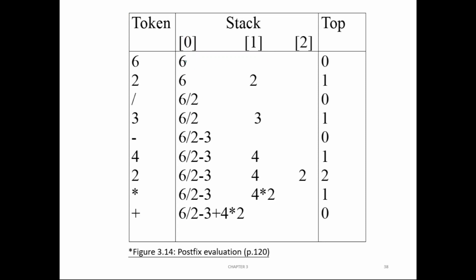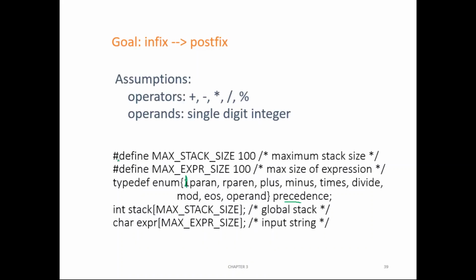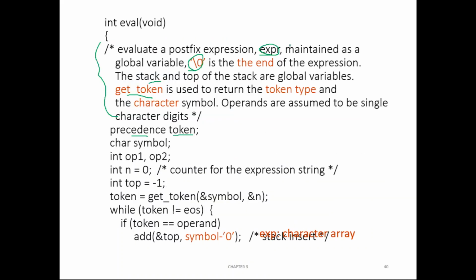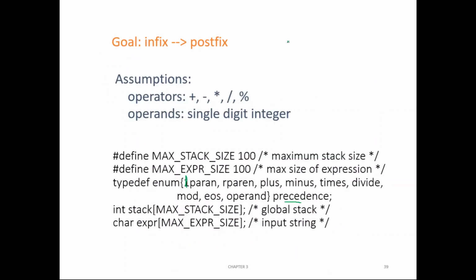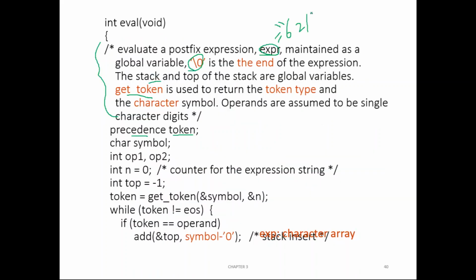So let us assume this is the string we want to evaluate: 62/3 minus 42 star plus. Let us assume that string is available in this variable expression. Whatever it may be, 62 slash whatever, finally it ends with \0. So this particular string 62/3 minus 42,